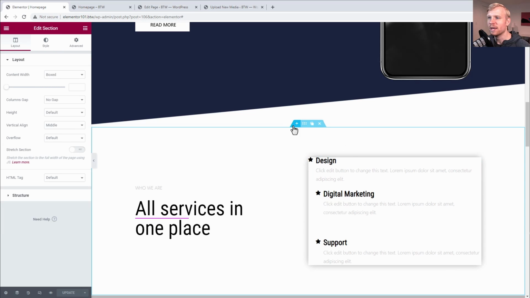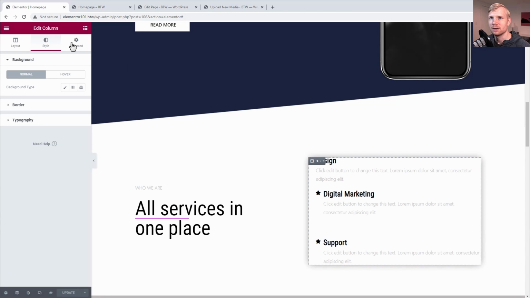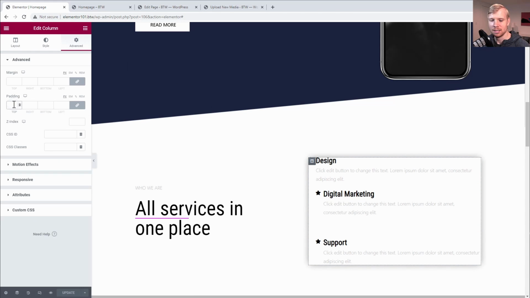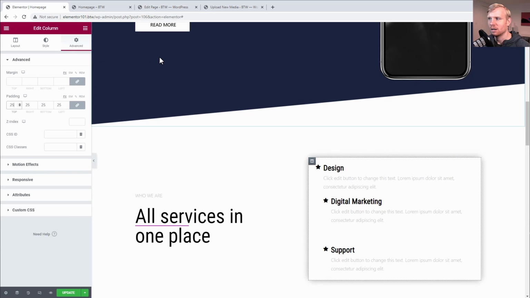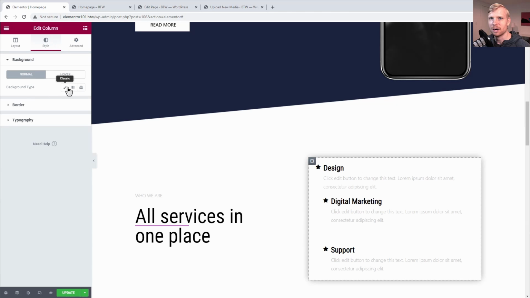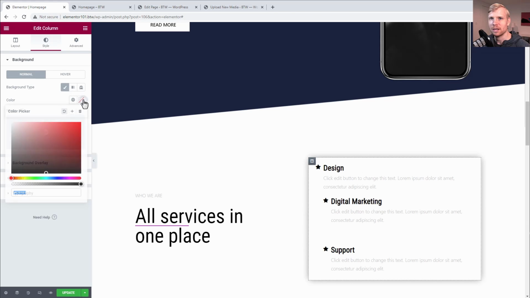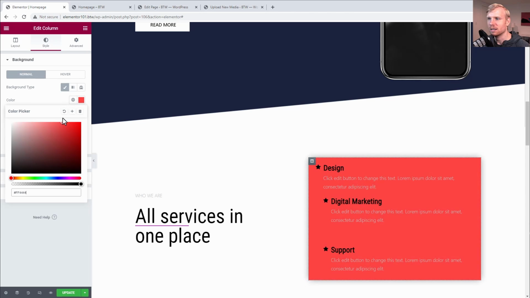And when you do that, when you add a border or some box shadow, you typically want to put some padding on the column. So we're going to go to Advanced, Padding, and let's say 25 pixels all the way around. And you could maybe add a background color too. So under Style, we go to Background, and we'll just do a classic color. And we could try, let's see, we probably need something darker to go with our text color. So we'll just go